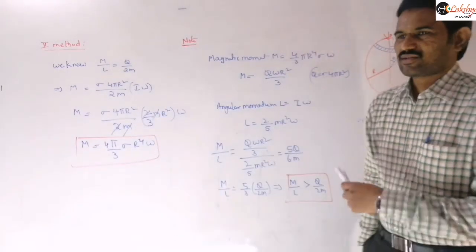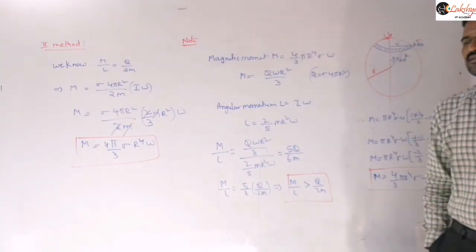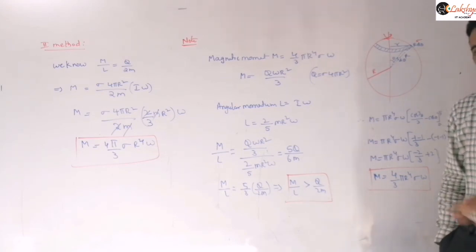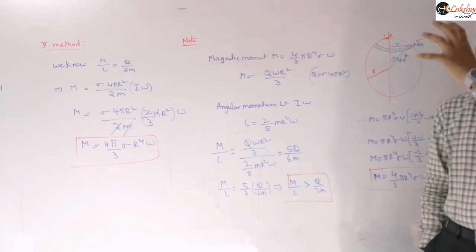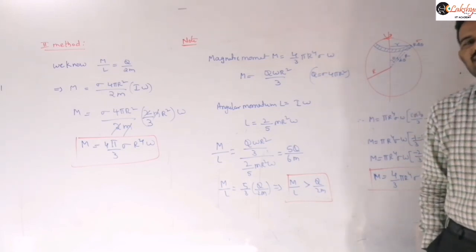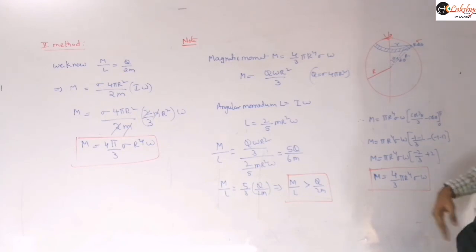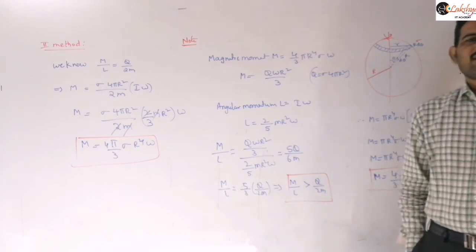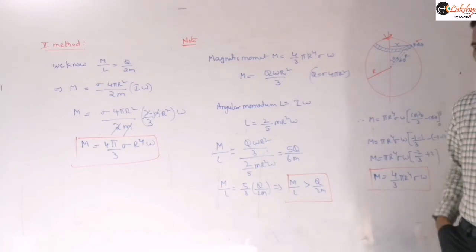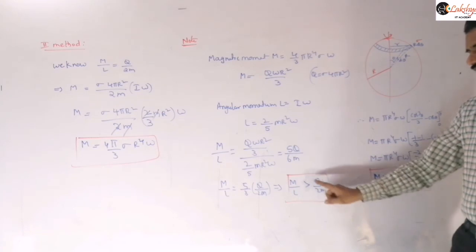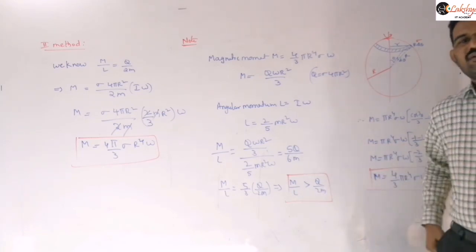Sometimes they will ask this ratio. For all the remaining cases, we will get Q by 2m only. So for such cases where charge is distributed on the surface and mass is there throughout the volume, you will get such confusions there. That means you will get this ratio not equal to Q by 2m. For all remaining cases, it will be Q by 2m only. So especially for this conducting sphere, you need to remember this ratio here. It will be greater than Q by 2m, right?